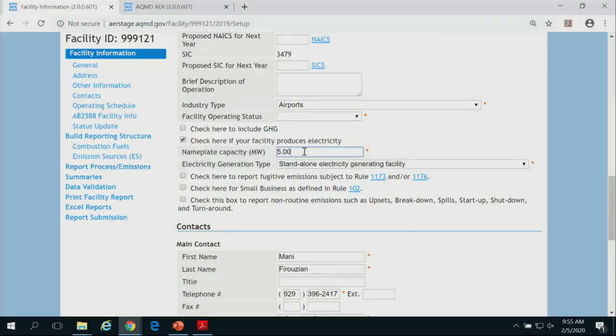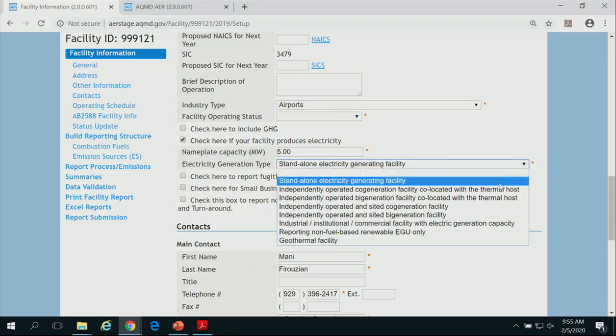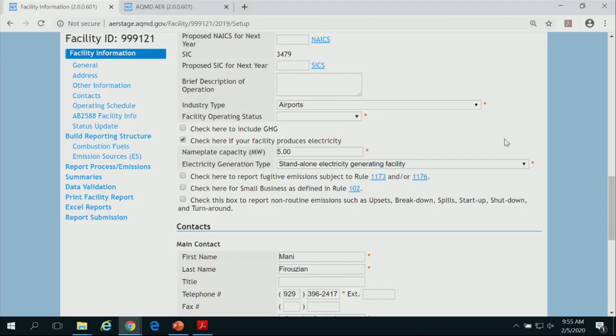And you need to enter the nameplate of your generation, how many megawatts you generate, and a drop-down menu is provided to indicate what type of generation facility it is. This is more intended for facilities that have a power plant on their premises.